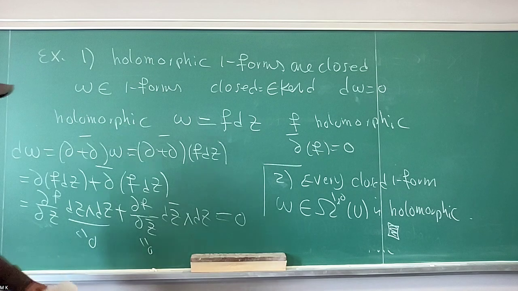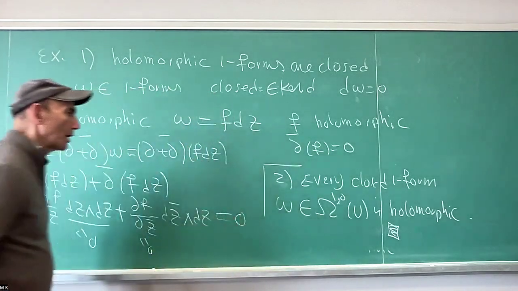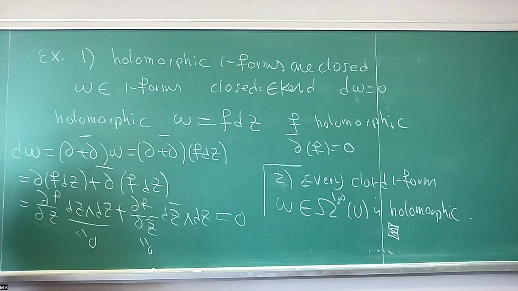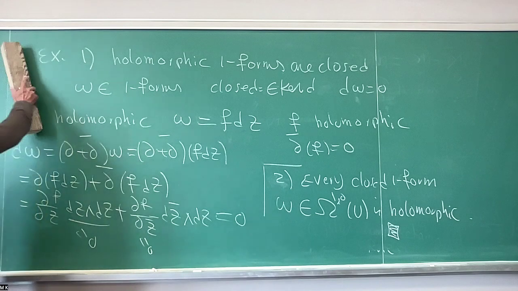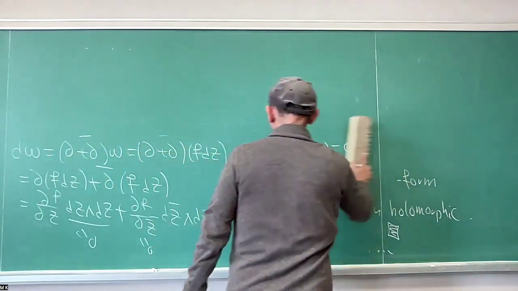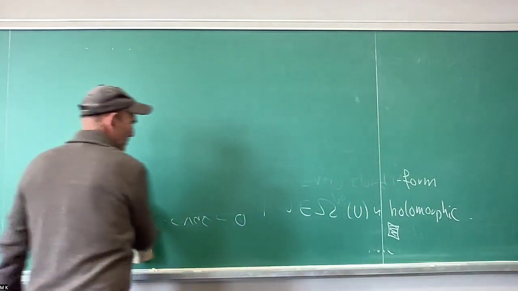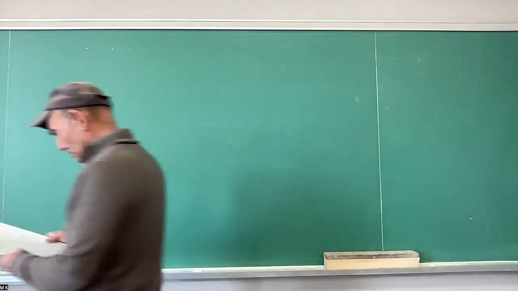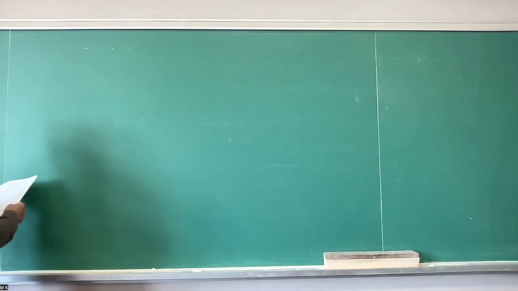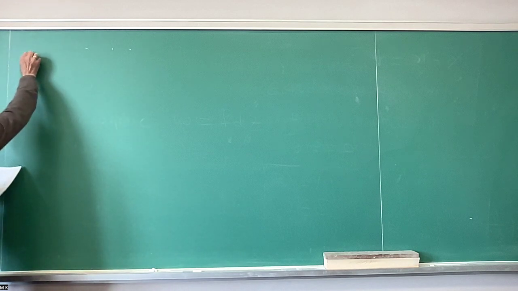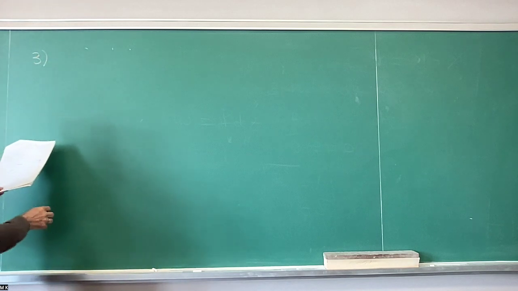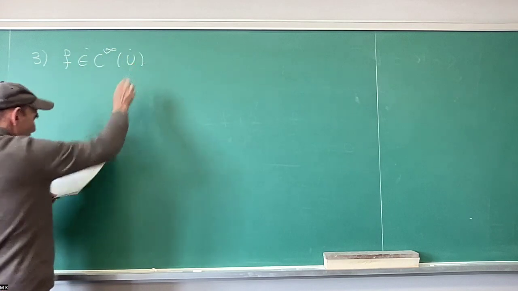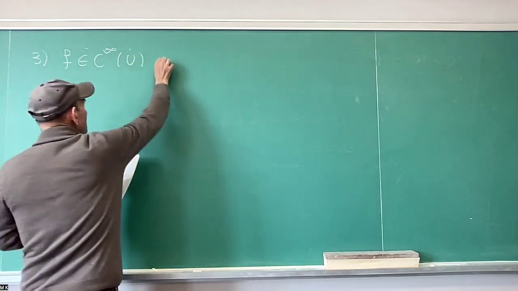So, another example, which will maybe help your understanding now. Let me give another example to get more familiar with these concepts. At first it's maybe too abstract or notationally complicated, but it's not. So this is part 3 of examples. F belonging to C infinity of U is a harmonic function